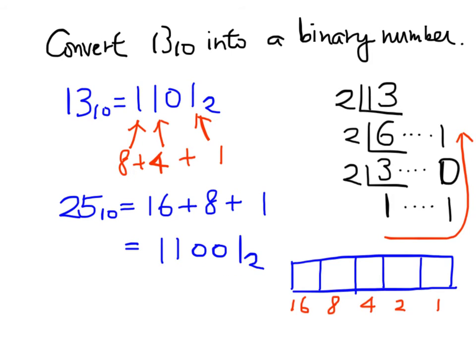That is 11001. In fact, we can think of this binary number in terms of a box. This is a box with 5 apartments, and each box has a place value 1, 2, 4, 8, 16. So if we have 1 plus 8 plus 16, we simply put a 1 inside that box. 1, 1, 1. And then for the place values 2 and 4, we simply fill up with zeros. So our answer is